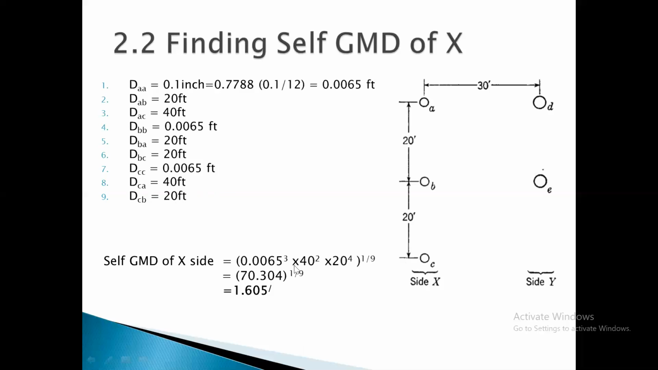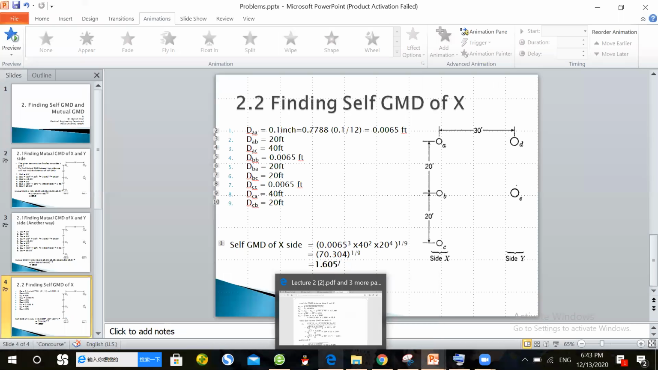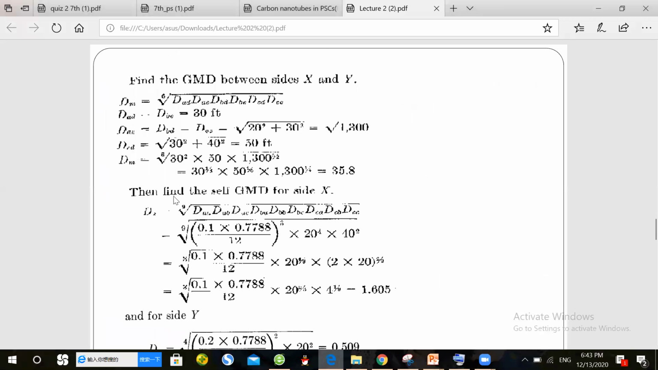After multiplying this, you will use your calculator after the lecture, and you must verify all the answers I have written here. I will send you the PPT. If so, 70.304, I will take 1 divided by 9 as the power. Its answer is 1.60, maybe 49 something. I have just found it like 1.605 feet. So if you compare it with the one your professor also called it